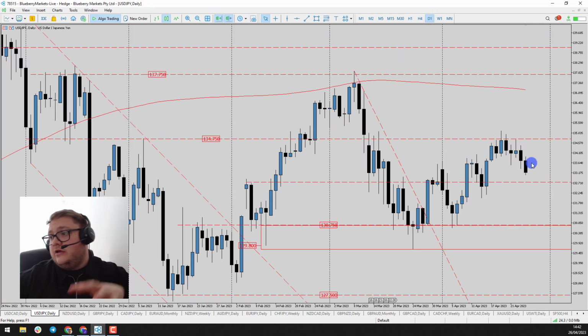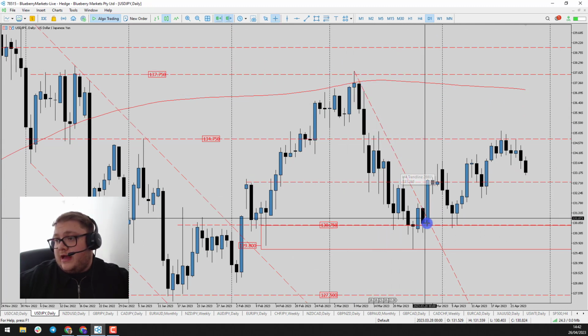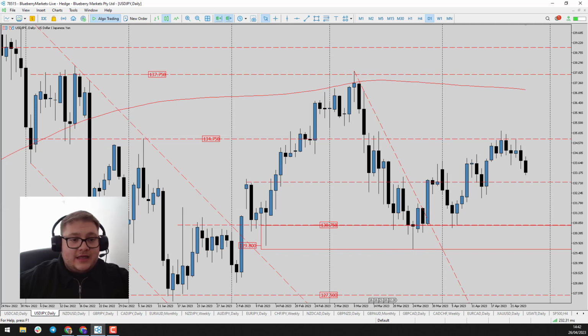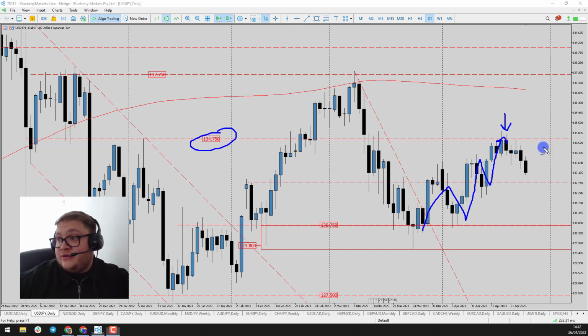Now let's go take a look at what's going on from a daily time frame perspective. What we saw was price broke out of this trend line through here. We had that sort of double bottom pattern which formed at the 130.75. Price then continued higher, and the 134.75 was the one level that we pointed out as an area where price may want to find resistance. And now that we can see that it has found resistance, we could be expecting price to continue lower. Now we do have sort of a minor level in the way. We've got the 132.75, but I think if price trades through that, it's going to test it on the other side and then trade down to the